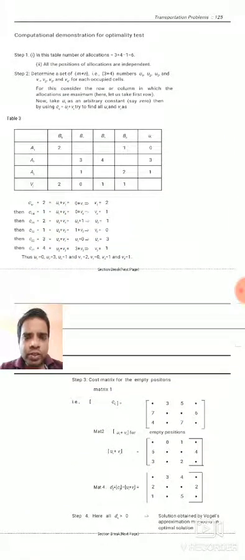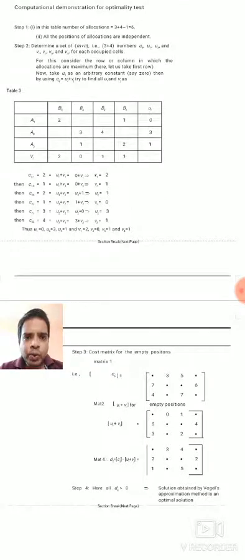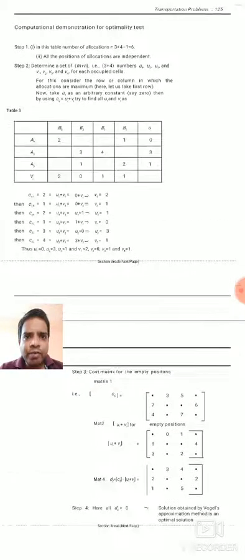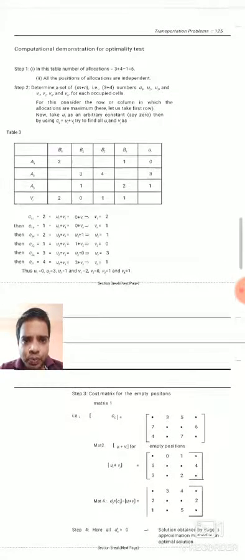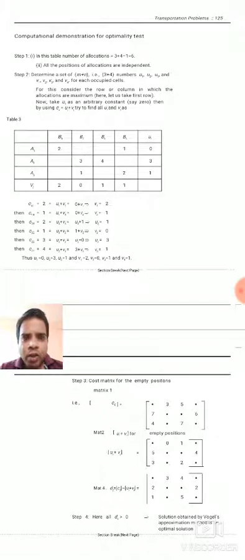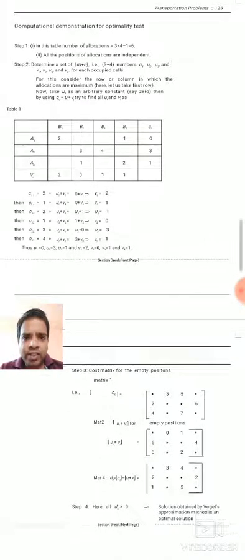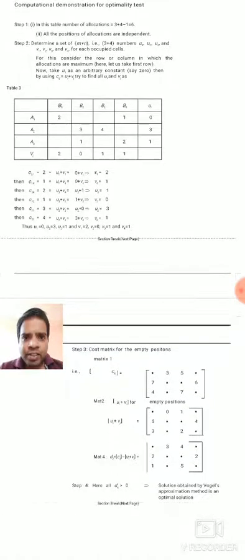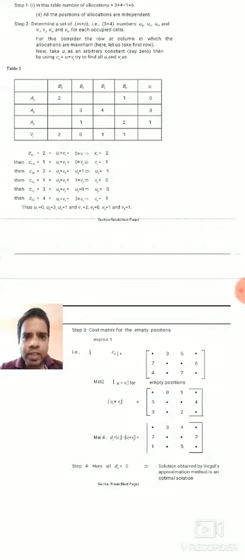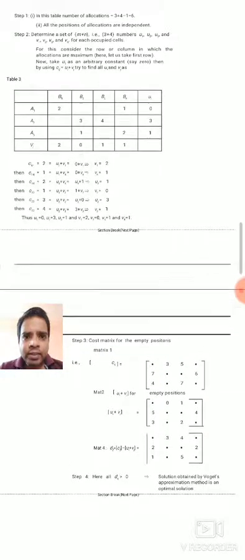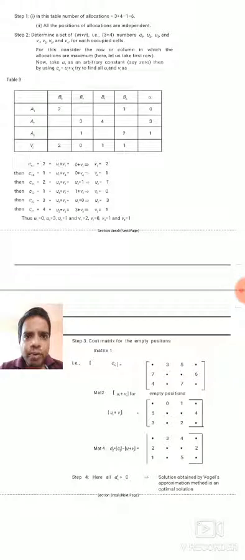Now you need to find the u1, u2, u3 values and v1, v2, v3, v4 values by using the formula Cij equals ui plus vj in step 2. This table 3 represents the allocation cell table; we consider only the allocation cells. That is a1 to b1, which we can call c11, first row first column, that is 2, and c14, that is a1 to b4, first row fourth column, like this.